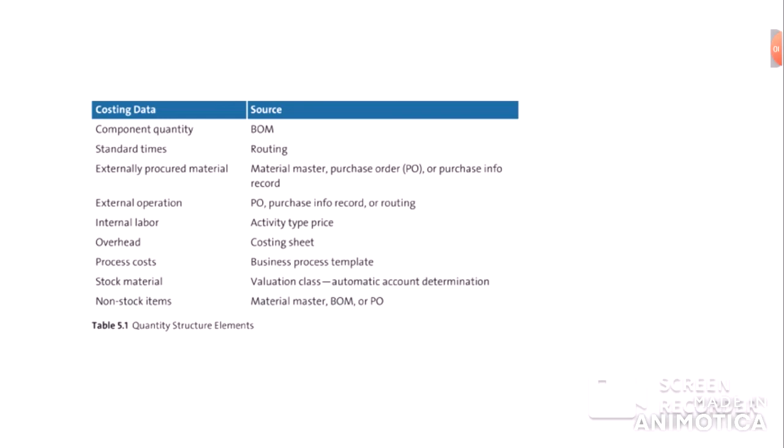There are many different kinds of master data integrated with each other to produce this product costing. So normally we think in controlling that product costing is the module which is a little bit difficult, because it has lots of integrated points, so we need to understand each and every concept better.